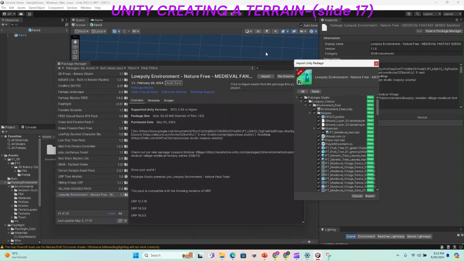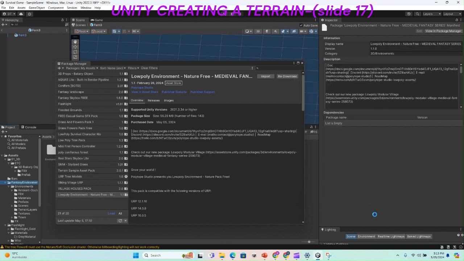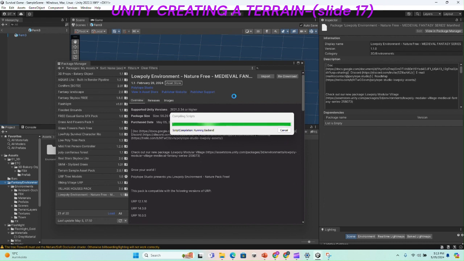Then you import everything just like this, and then you import. Then you would have more trains. So this is how you actually get the things that you need for creating a train. One more thing about creating a train is that